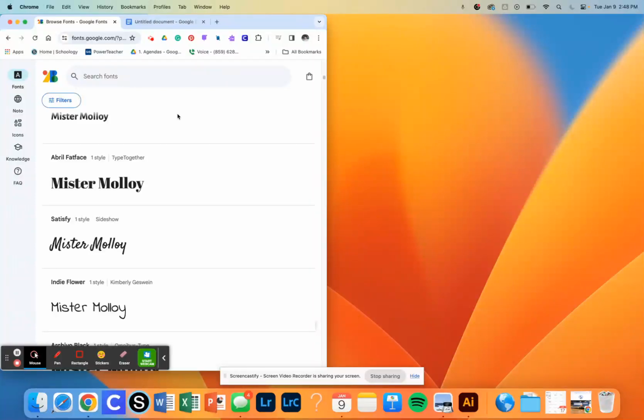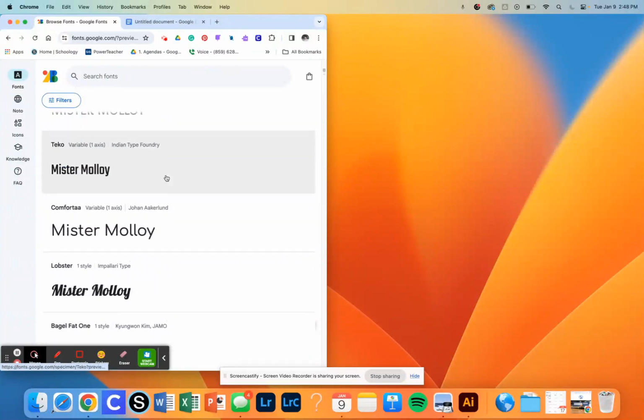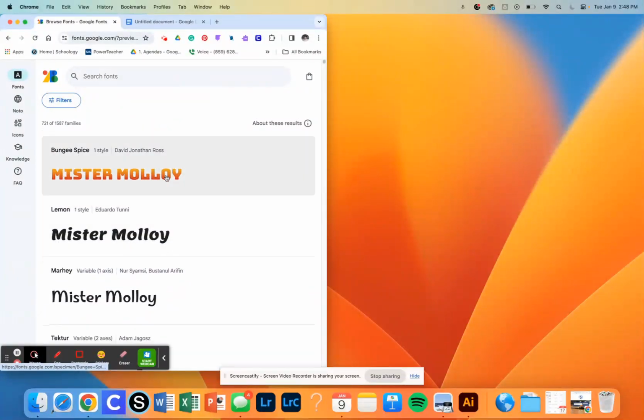Everybody, and welcome. Today we are going to be looking at some typefaces. We are going to be making what we call a font book, which is going to be a folder with a bunch of different screen caps of different typefaces that we find on Google Fonts that we want to use for our website. So the first thing that we're going to do before we start looking at different typefaces is